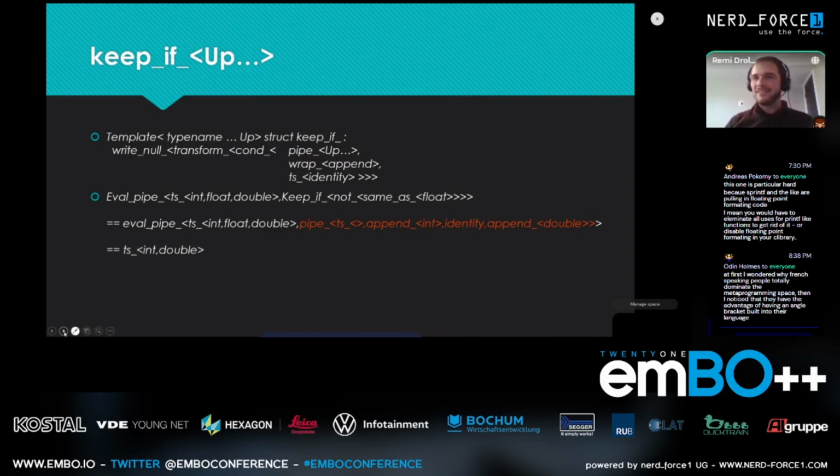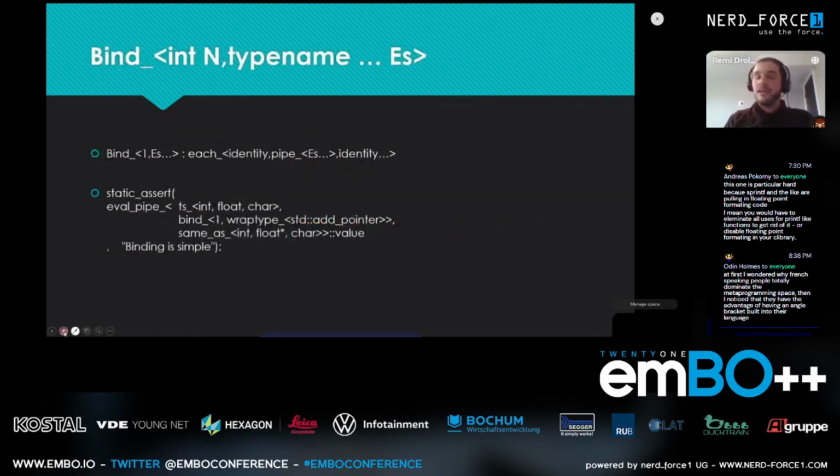It's quite something to wrap your head around this function. And finally, binding. Binding is basically when I want to do an operation on one of those inputs. Basically, I can replace each identity in a list of identities, with only the one at the index described here, with the function that I want to do. So I create a list of integral constants, change each of them with identity, except the one at the index where I replace it with the function. And then it worked.